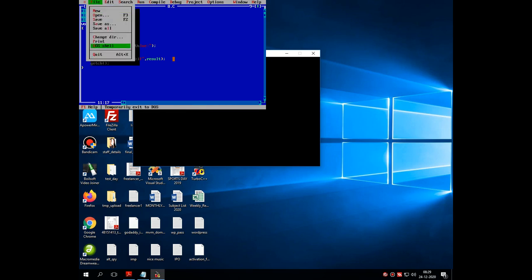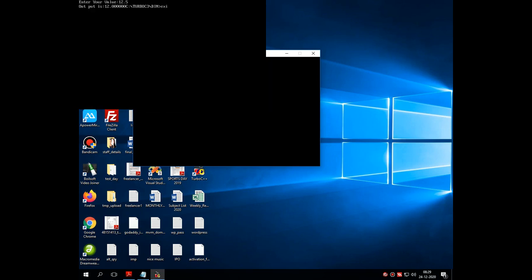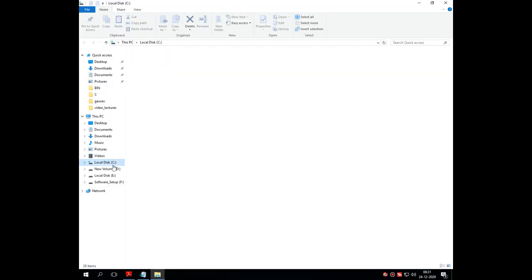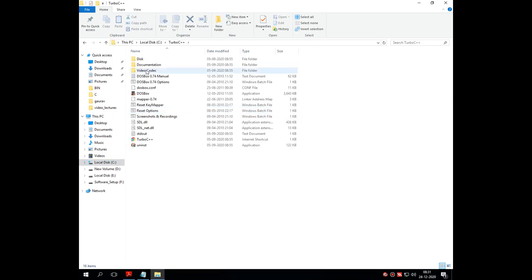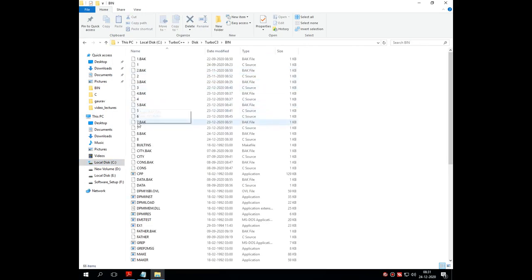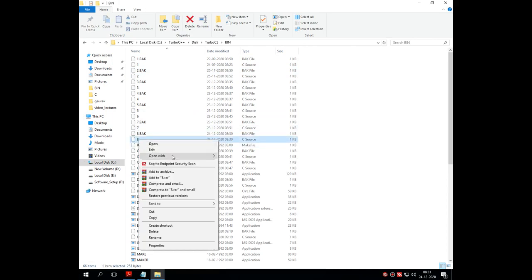Now let's see this particular program in the notepad for better visibility. So let's open C drive, Turbo C, disk, Turbo C bin, and the program is 8.